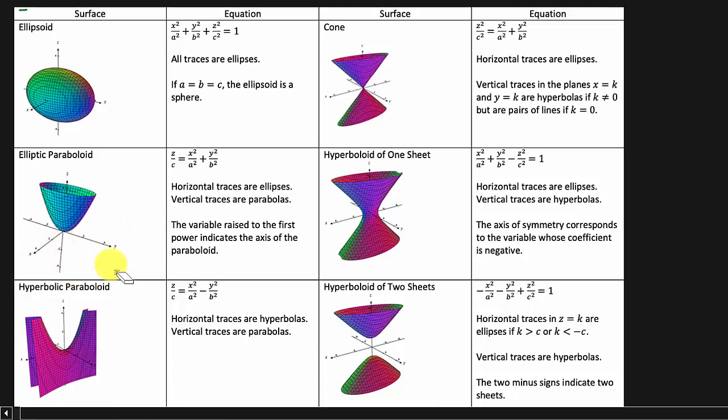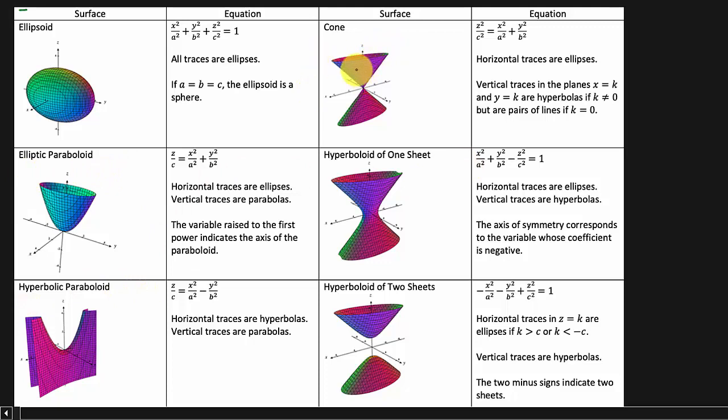And then we've got z over c equals x squared over a squared minus y squared over b squared. Well, this is one we just graphed. Horizontal traces are hyperbolas, vertical traces are parabolas. But it's like I showed you a while ago in that example when we graphed this, how we identified what our traces were. And then here, this is a hyperbolic paraboloid, this is an elliptic paraboloid, and then we've got